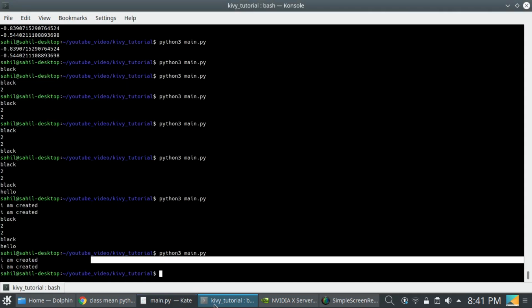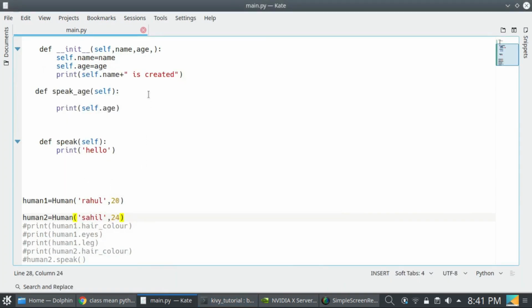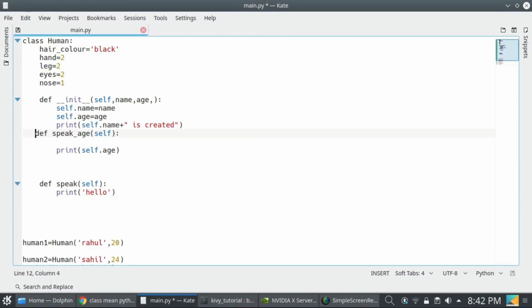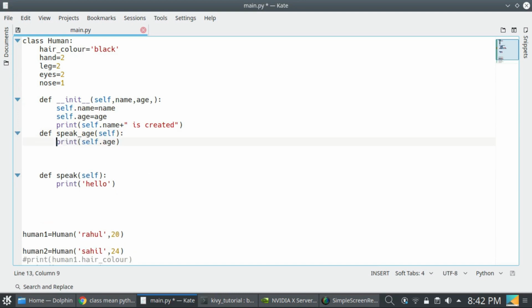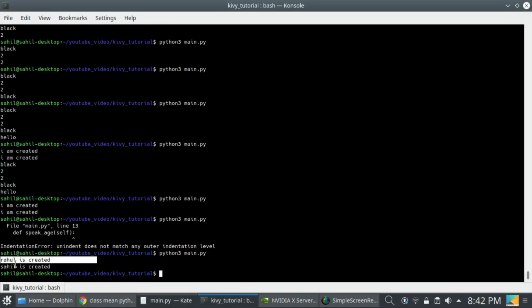Now you can see, okay, some indentation error is here. Print. Here Rahul is created and Sahil is created.